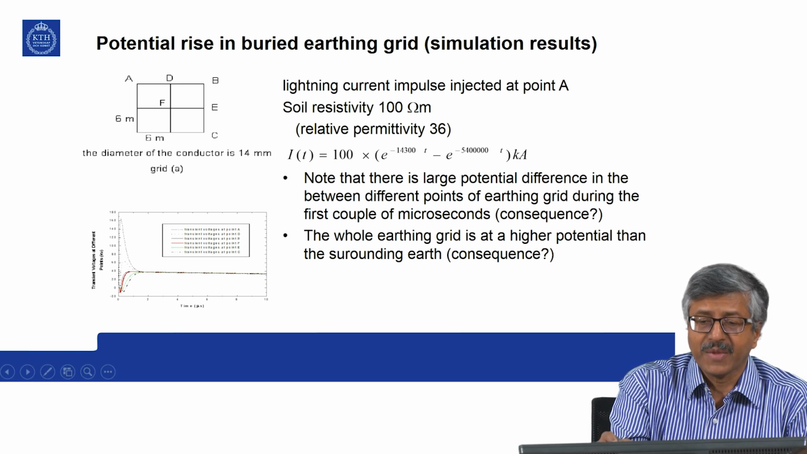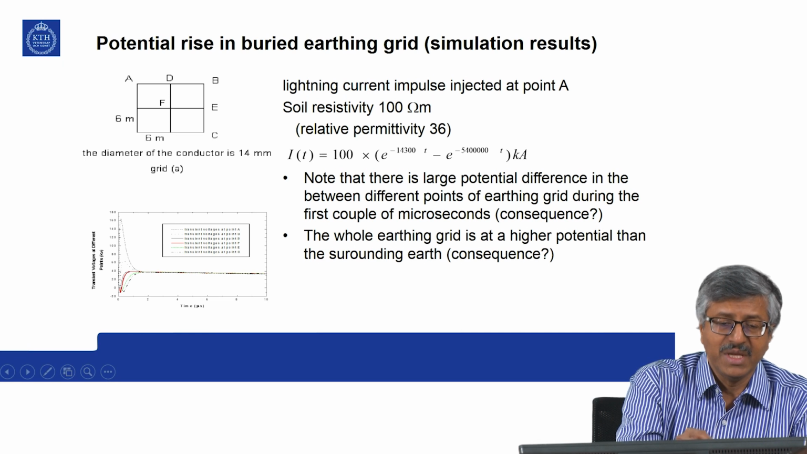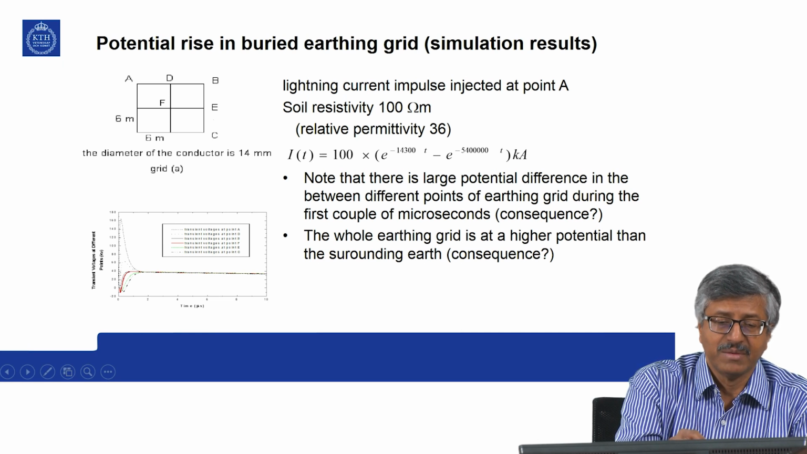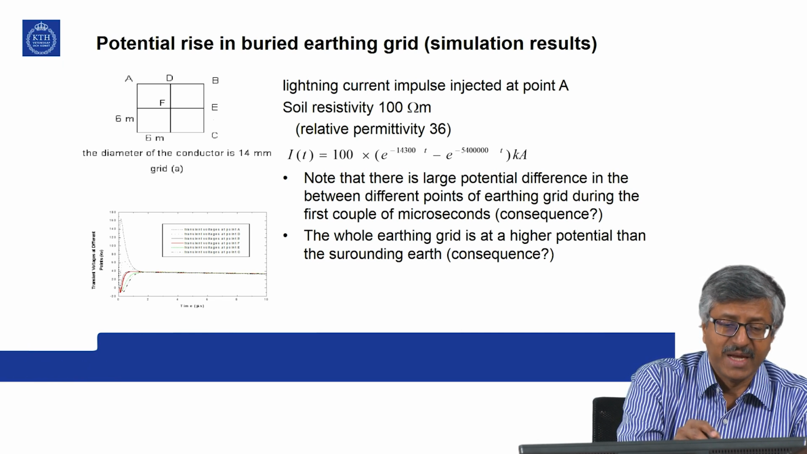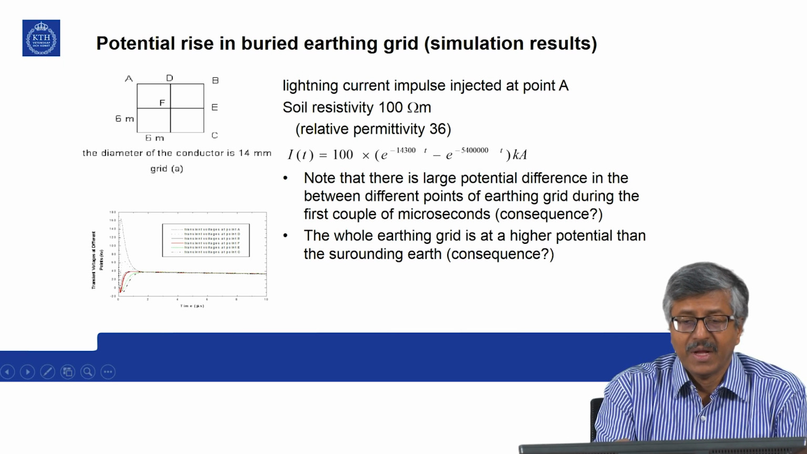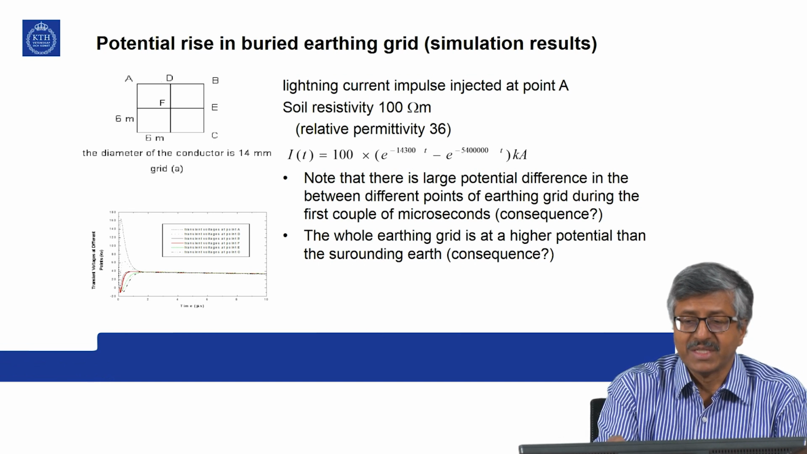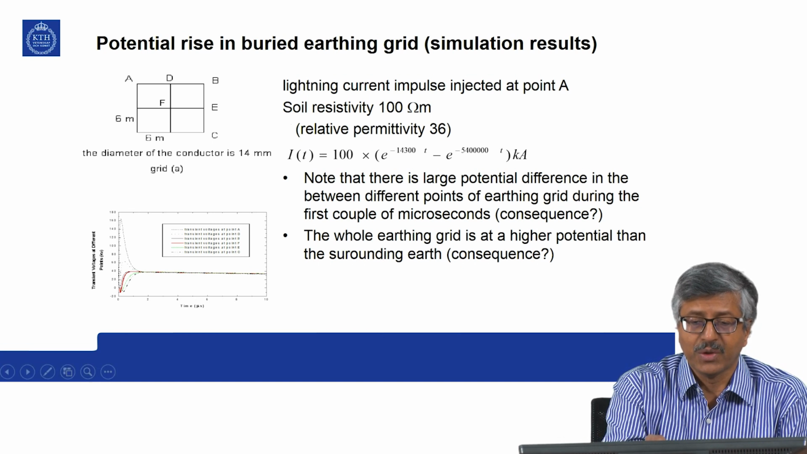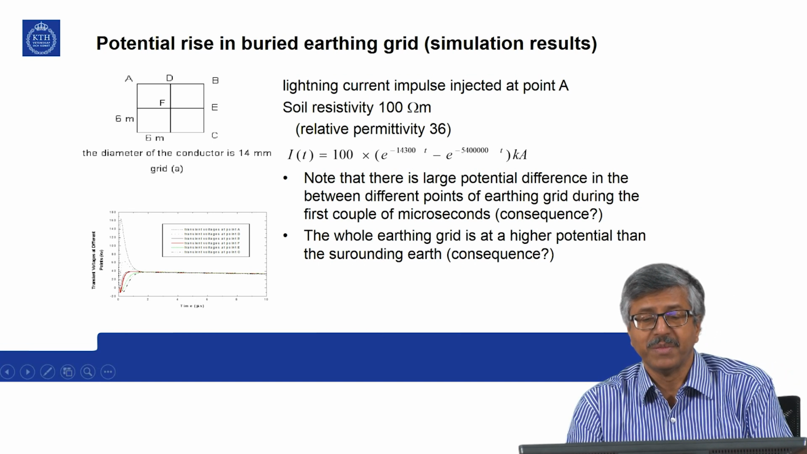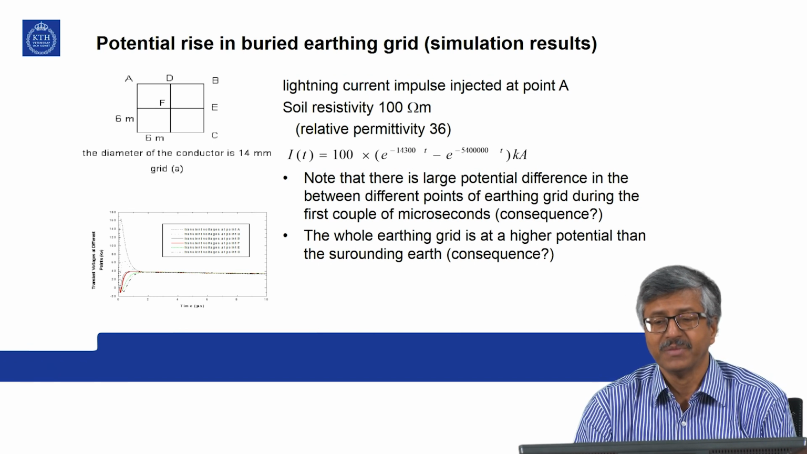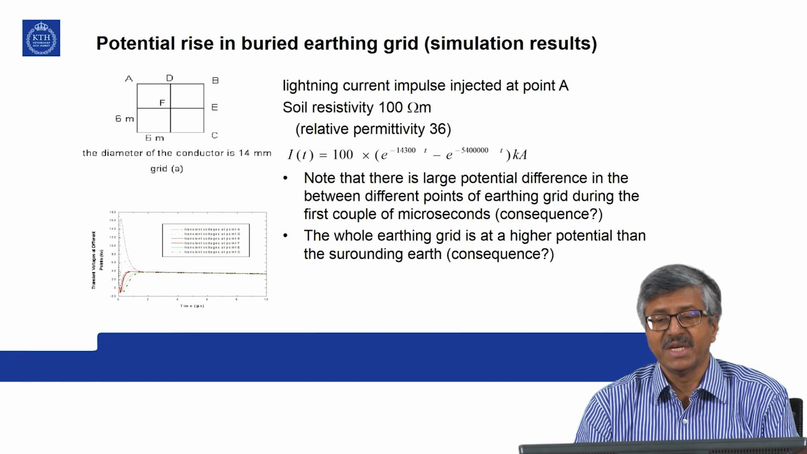But is this enough during a lightning strike? During a lightning strike, this will not remain at equipotential. That is shown here using a simulation. Soil resistivity is 100 ohm meter, or you can represent it as 1 by 100, or 0.01